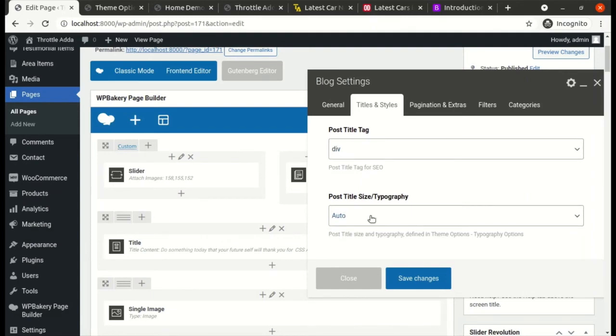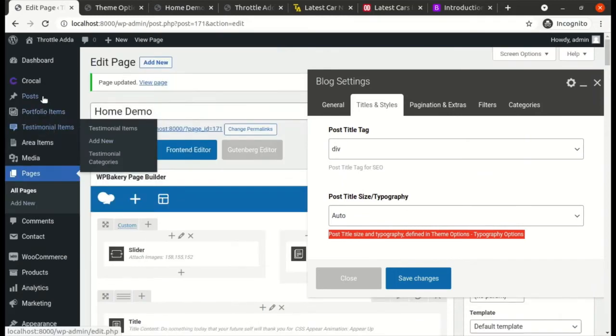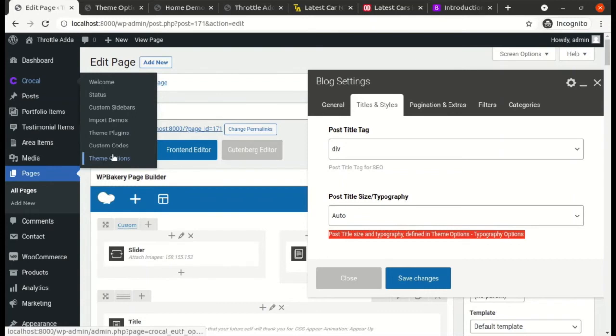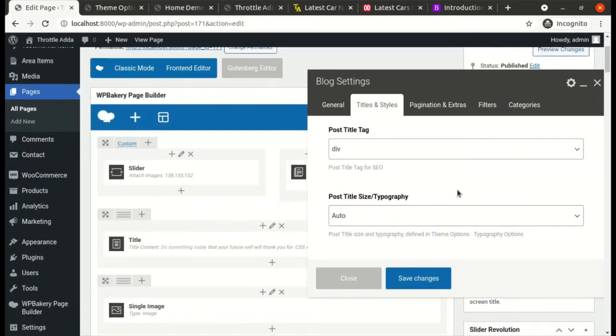Post title size and typography: if you read the text below this, it says defined in theme options. So this theme has some predefined settings in the theme options, which is here. You can click here in your theme and check what it is, but I'm going to let it be as is.